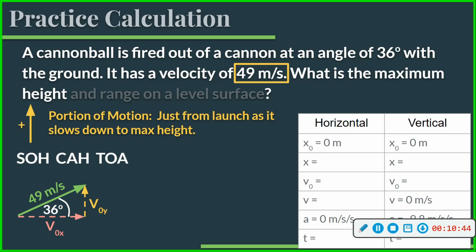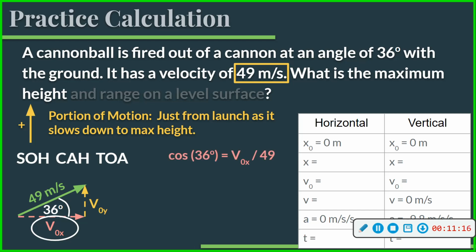What side would be our opposite side? On here, what's its color, right? Is it the yellow or the red? Yellow. Yeah, it's the yellow one, right? That's opposite the 36-degree angle. And that would make the red one, for the velocity in the x direction, the adjacent side. It's actually included in the 36-degree angle. All right, so